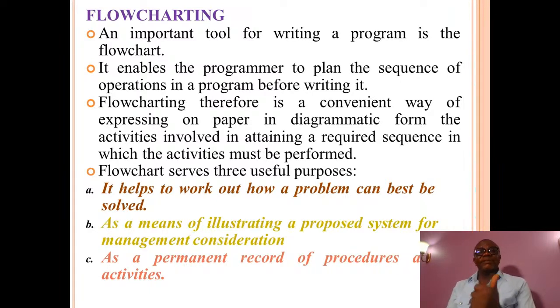A flowchart is a tool. An important tool for writing a program is the flowchart. It enables the programmer to plan the sequence of operations in a program before writing it. Flowcharting, therefore, is a convenient way of expressing on paper in diagrammatic form the activity